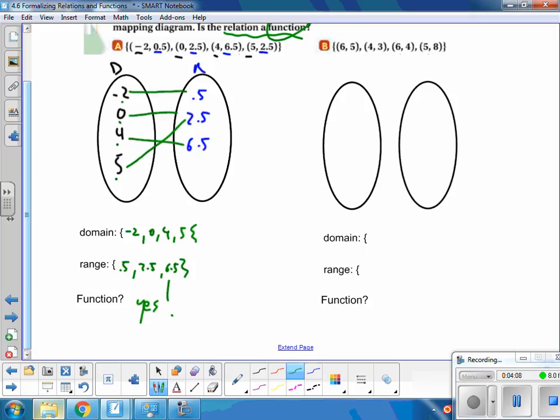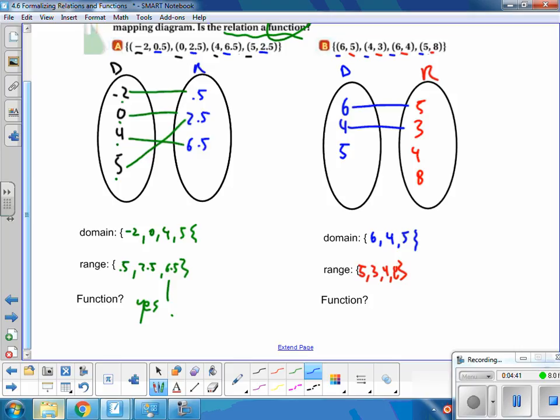Okay, let's look at a second one. My domain is 6, 4, 6, 5. I've already used 6 once, so I'm going to put them in order: 4, 5, 6. My range is 5, 3, 4, 8. Now I'm going to determine if this is a function or not. Look at the relations: 6 goes to 5, 4 goes to 3, 6 goes to 4, and 5 goes to 8. The input 6 has two outputs, so this is